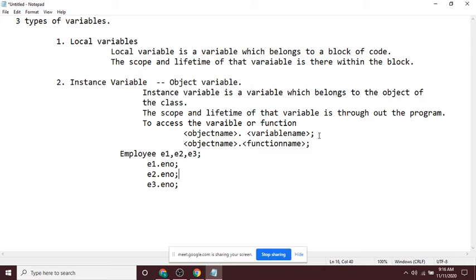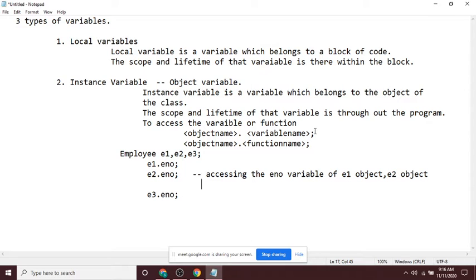That means I'm accessing the employee number variable of the E1 object, the E2 object and E3. So this is about instance variables. I think you understood about instance variables.